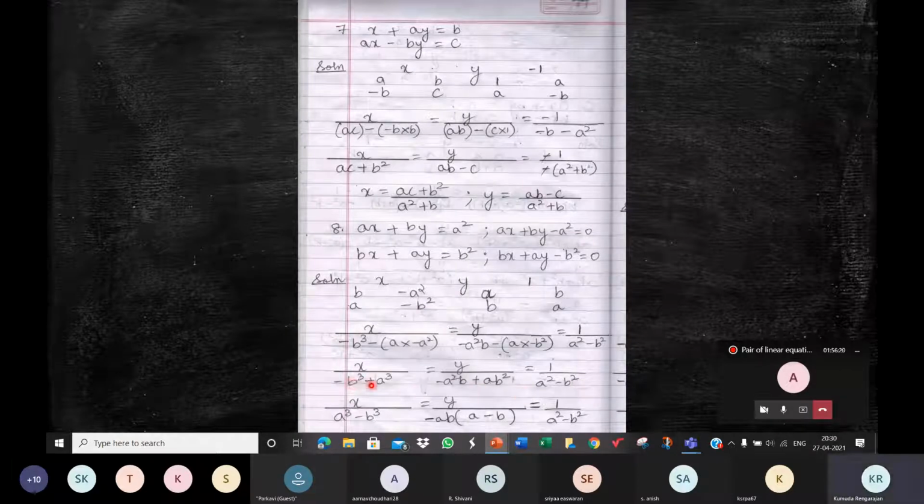here, see, what do you have here? A cubed minus b cubed. Okay, so this is a cubed minus b cubed. Fine, we know there is an identity. A cubed minus b cubed is a minus b into a square plus ab plus b square. We'll see if we have to use it. Now here, see the terms here below y.